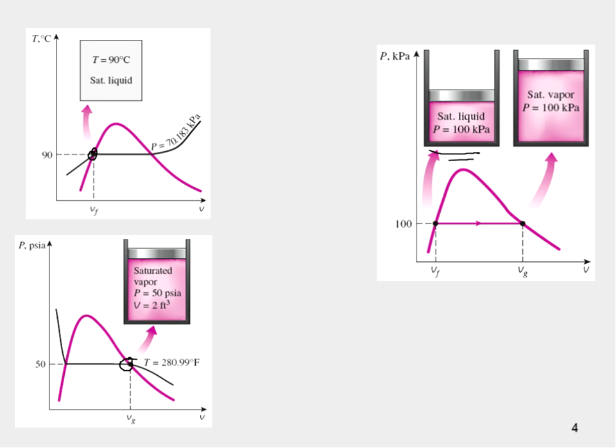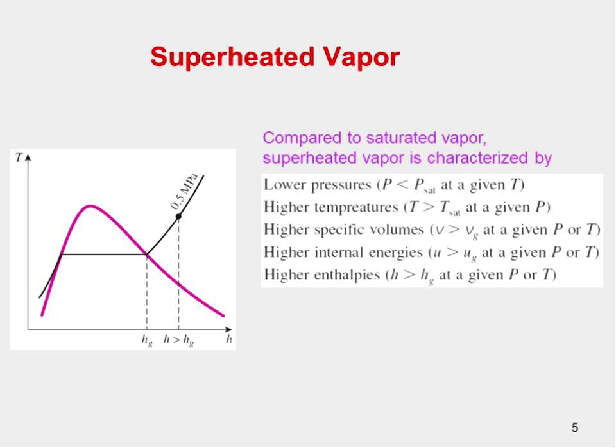In the saturated liquid, of course, you will have all liquid, and in the saturated vapor, you'll have all vapor, but it happens at the same temperature and at the same pressure. If you are at points above the saturation temperature, then you have superheated vapor,